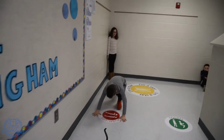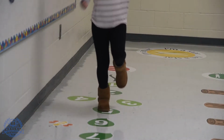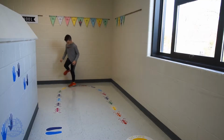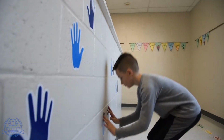It's basically a place for a child or a student or a teacher to go to get some energy out. Throughout the day, we're sitting a lot, kids are in chairs, we do have recess and specials and are moving around, but it's another place to go and get that movement break in. Teachers can use it to help their entire class transition from one activity in the classroom to a special area,